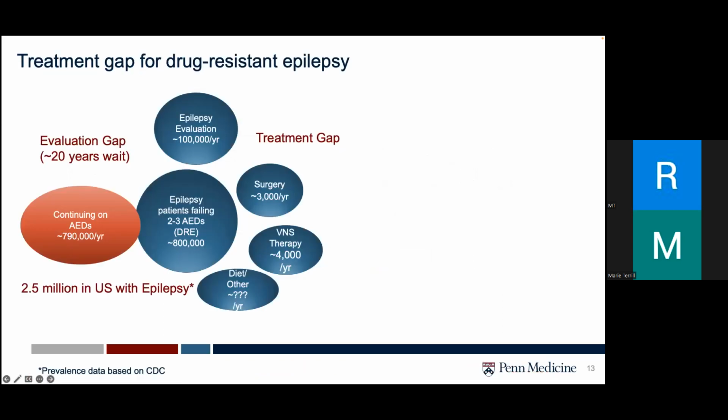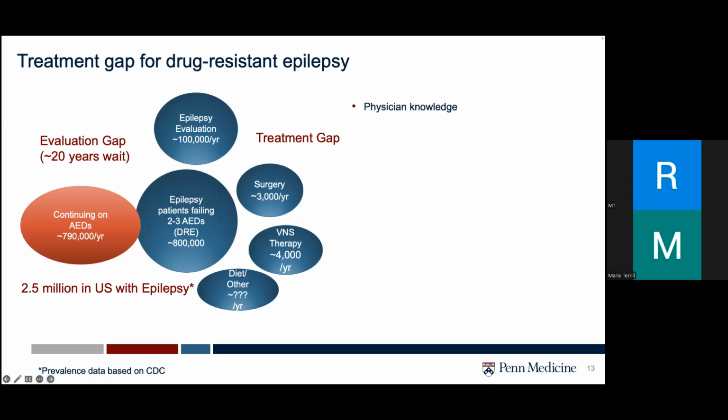But surgery as an option is often underutilized, despite an increase in hospitalizations for epilepsy-related issues. There's actually a significant gap between the number of potential surgical candidates for epilepsy and the number of surgeries that are actually performed. The literature here is based on a prevalence database from the CDC. It highlights a considerable pool of potential candidates for surgery who are not being referred for surgical evaluation and thereby missing out on the opportunity for improved seizure control and quality of life.